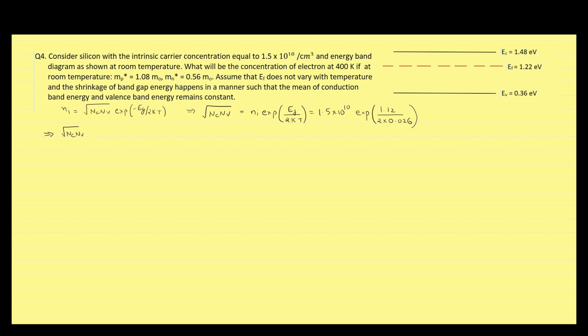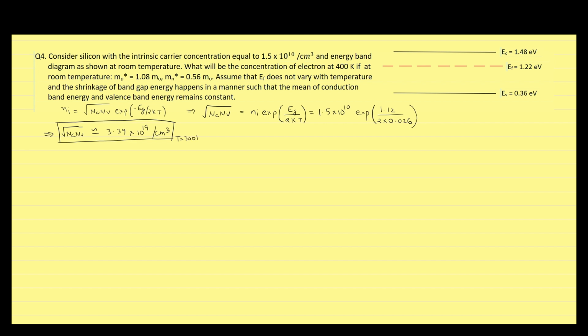The value of under root Nc into Nv comes out to be around 3.39 into 10 to the power 19 per centimeter cube. You have to keep in mind that Nc and Nv are not constant and depend upon the temperature. So this particular value of 3.39 into 10 to the power 19 is equal to under root Nc into Nv